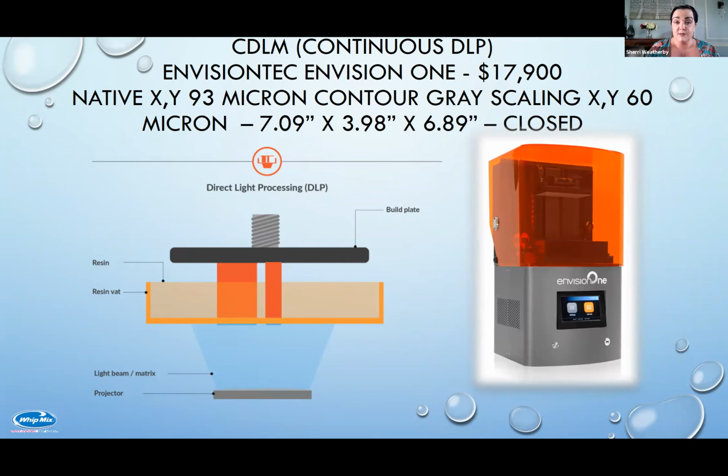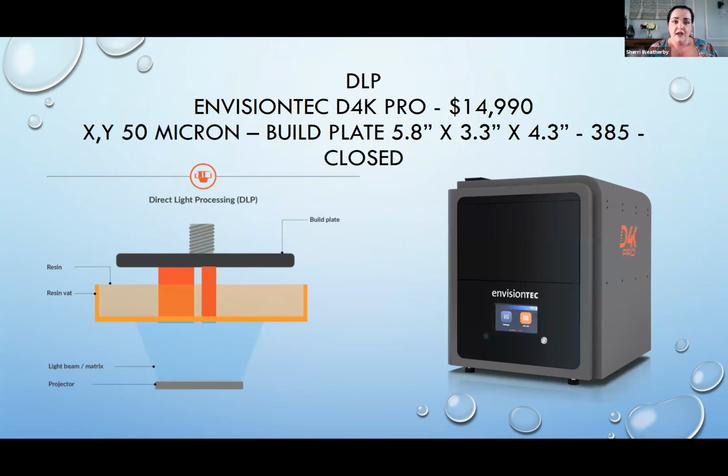So the price point on this printer is $17,900 retail. The system is also closed. With that being said, they do have a ton of options for resins between the Envisiontech and Nextent product line. I believe, and I may be misspeaking, I hope not, but I believe this printer is also validated for the Keystone splint resin. Envisiontech also brought out a desktop printer called the D4K Pro, and this adjusted retail on this